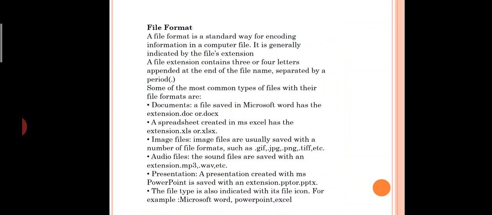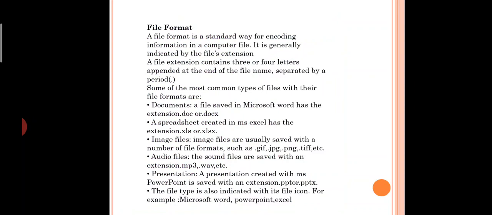So you have created a file, if you had created your file in the document, that is Microsoft Word, that time your file extension will be .doc or .docx. If you have created the file in the format of an image, that time your extension will be .jpg or .png, TIFF, all these are the different types of extensions.